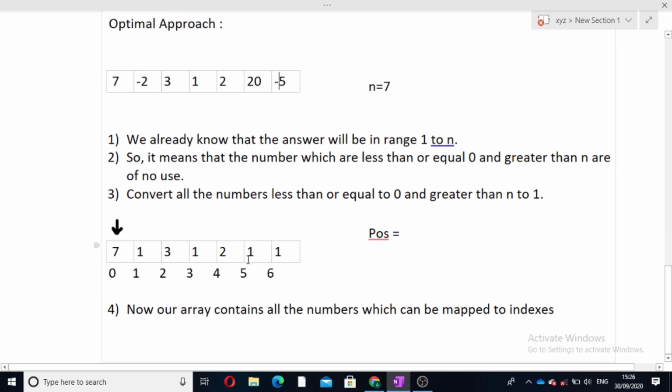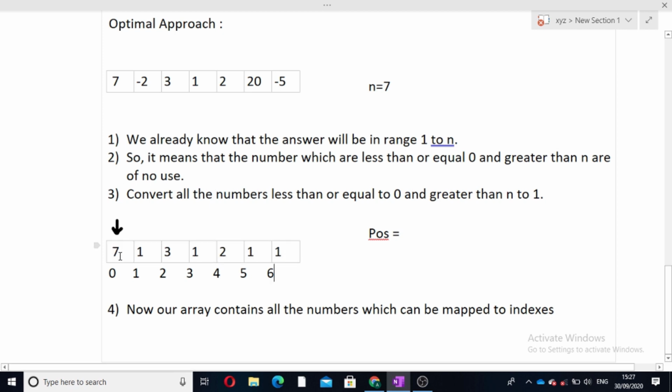So our modified array will become 7 1 3 1 2 1 1. Here we can see that all the numbers which were less than or equal to 0 and all the numbers greater than n are being set to 1. I will tell you later while coding why I have turned them to 1. So now this is our converted array.